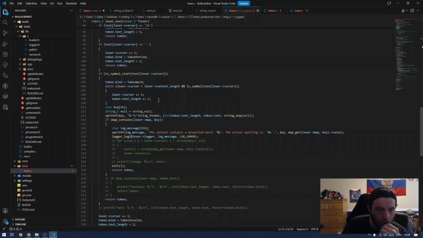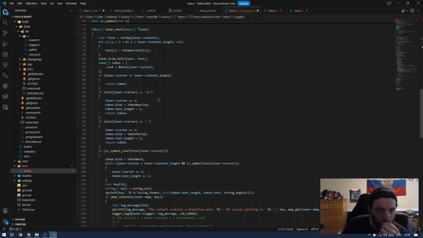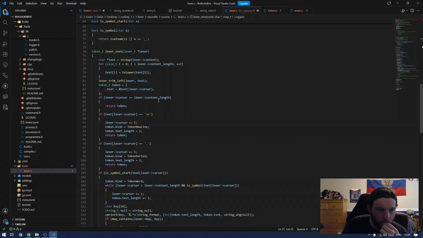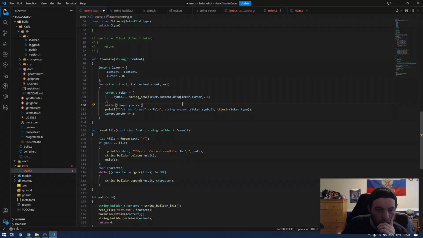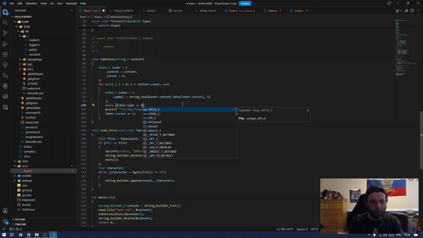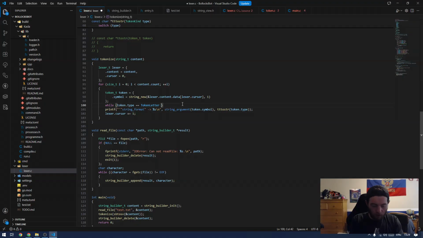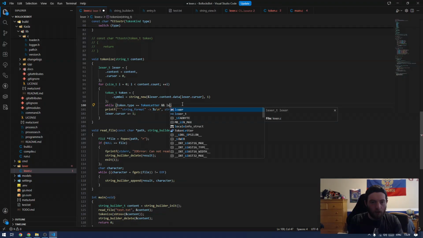We did if symbol start, right? No, well, yeah, while token type is equal to token letter and Lexer